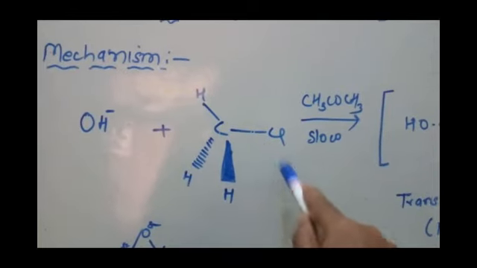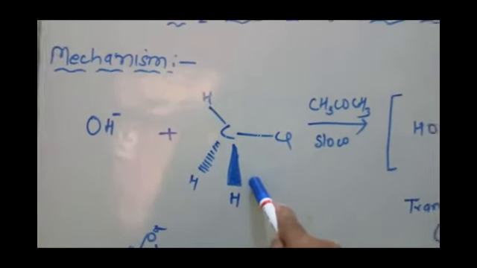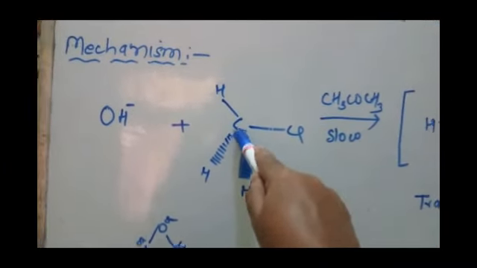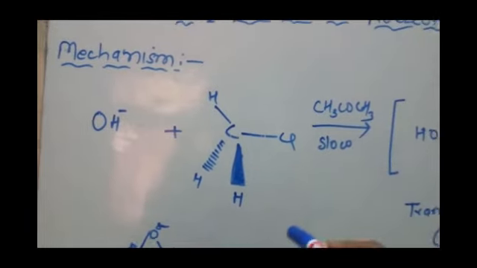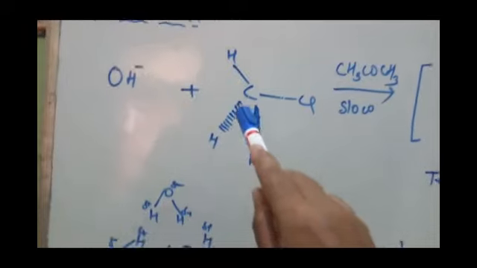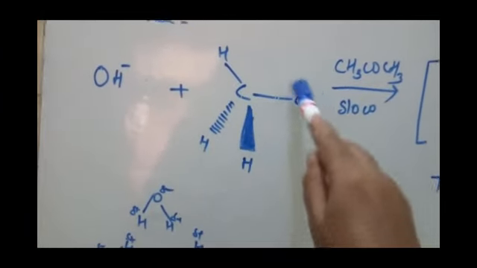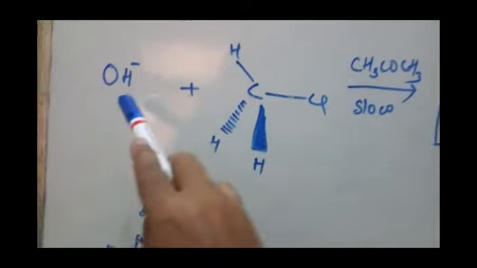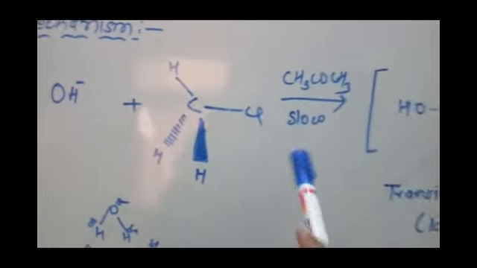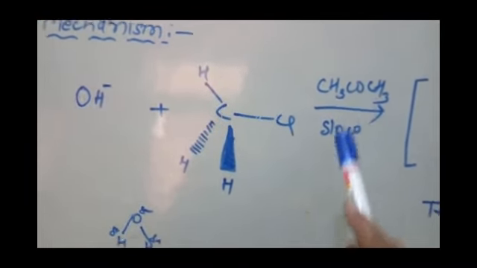In the SN1 reaction, this bond is completely broken, so Cl- can further come and attack the carbocation formed. In order to prevent this, the protic solvent will surround it. See here, I have shown that once the Cl- is removed, this protic solvent, with the help of its proton, will surround this Cl- and will not allow it back to attack the carbocation formed. But here it is not required, since it has not been removed. Therefore OH- will easily attack from the back side, right? So this reaction happens in the presence of a polar aprotic solvent.